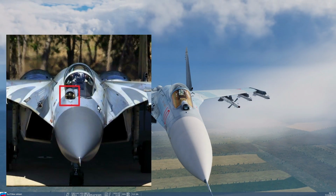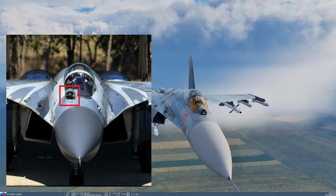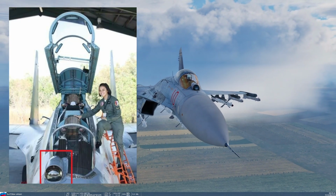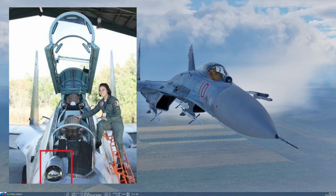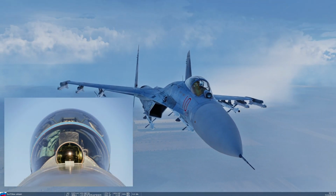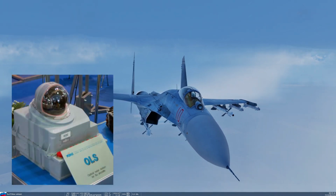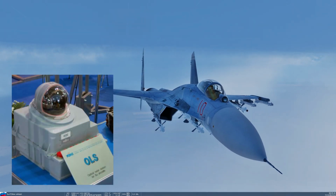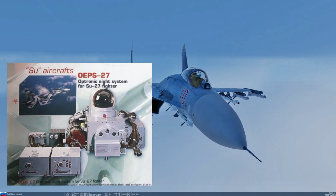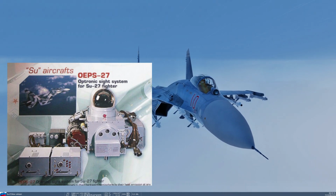The reason for that is the SU-27 has something that a lot of fighters do not, especially in the Western world. A lot of them still don't have that, and that is the IRST pod. The IRST pod is an infrared search and track capability that is on the front of the SU-27s, the J-11s, and also the MiG-29s. It is available in the F-35, but the Russians were the first ones out with it back in the 80s on their planes, and it is very similar to an IR seeker on a Sidewinder missile,